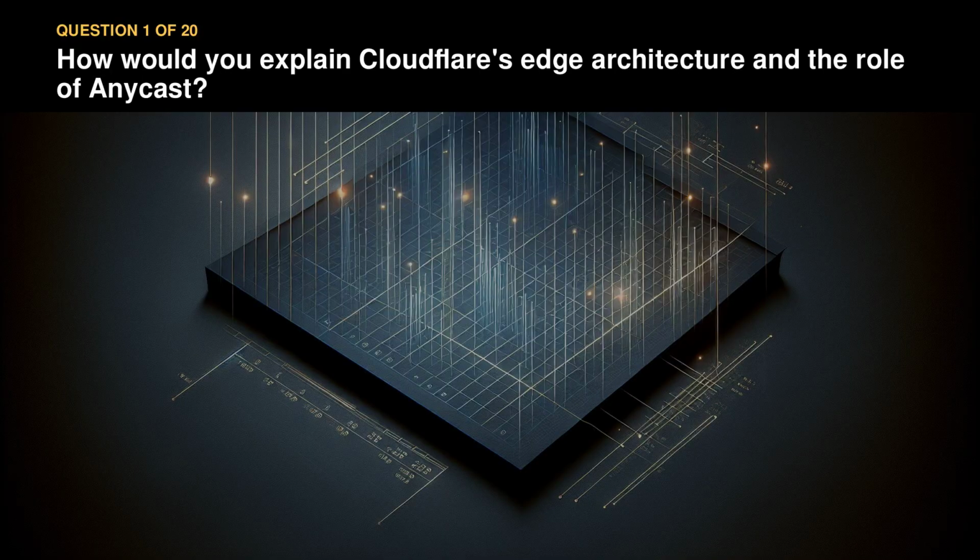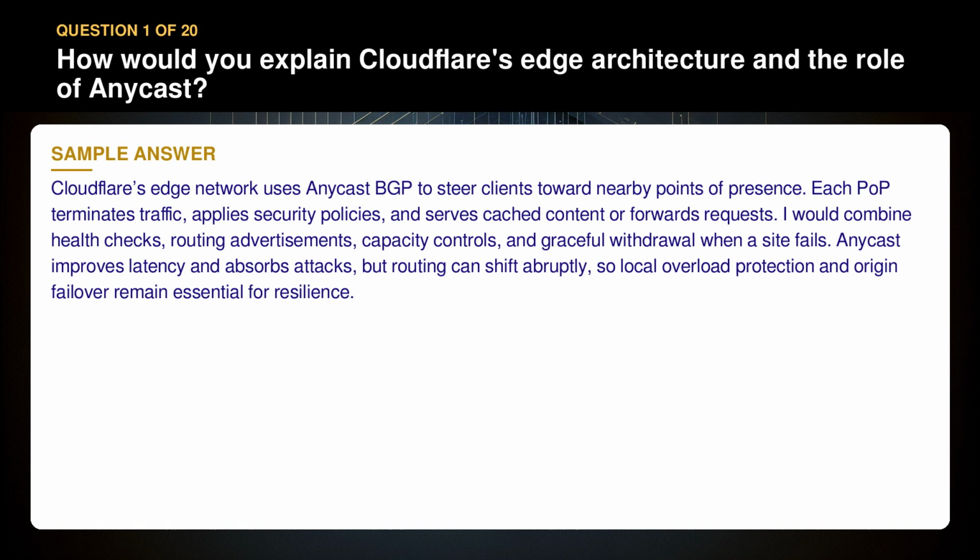Question 1. How would you explain Cloudflare's edge architecture and the role of Anycast? Cloudflare's edge network uses Anycast BGP to steer clients toward nearby points of presence. Each POP terminates traffic, applies security policies, and serves cached content or forwards requests. I would combine health checks, routing advertisements, capacity controls, and graceful withdrawal when a site fails. Anycast improves latency and absorbs attacks, but routing can shift abruptly, so local overload protection and origin failover remain essential